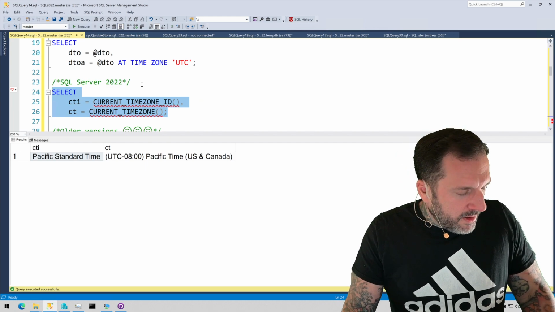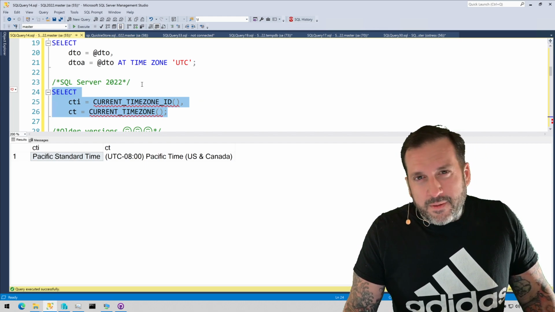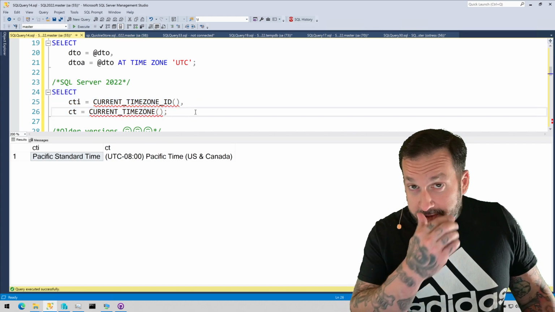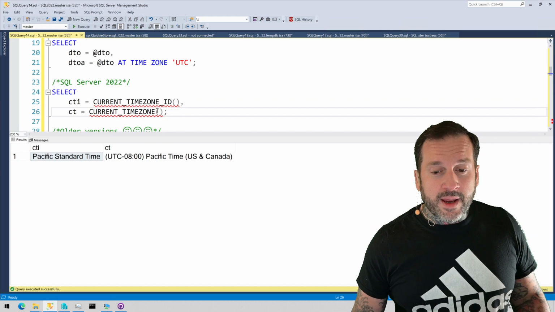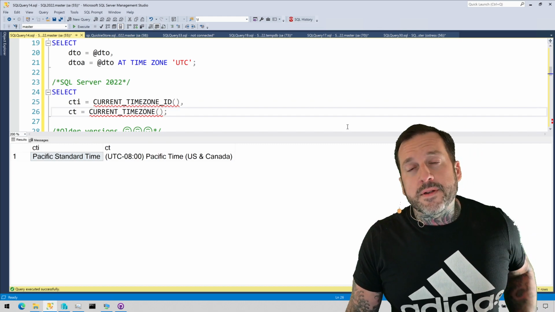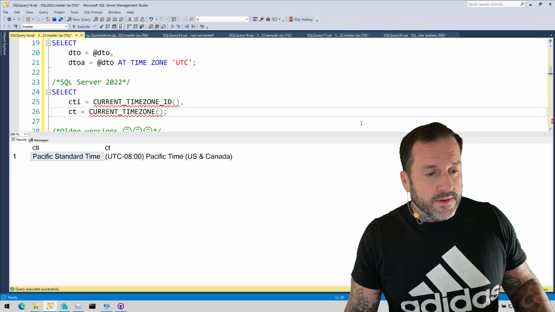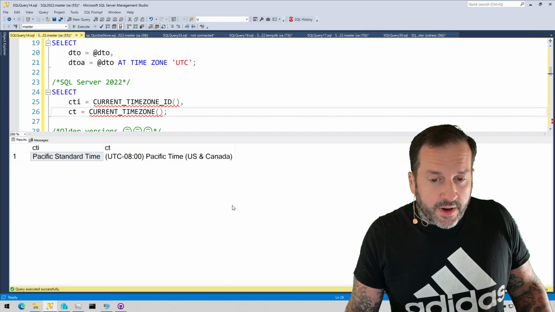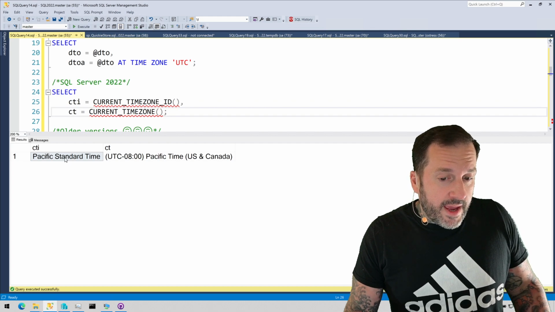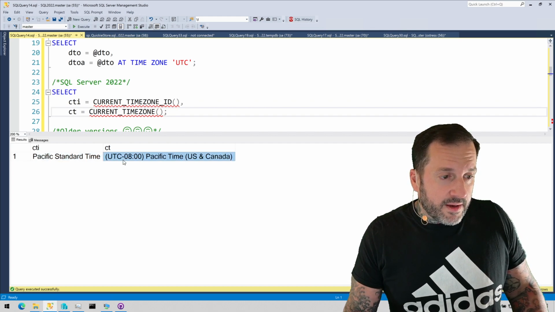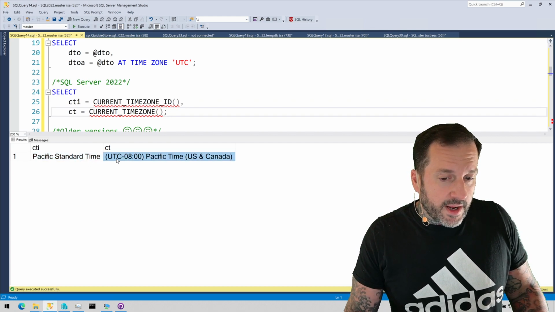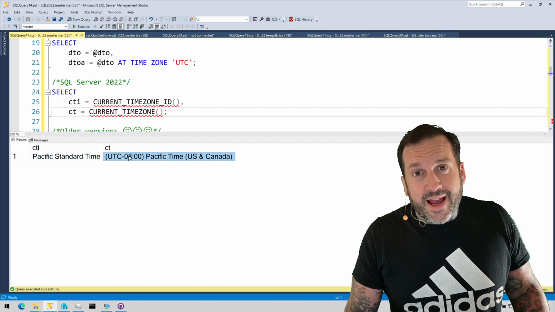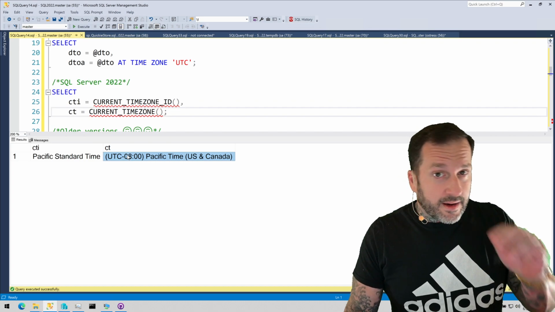But you know, I mean, even if you were on 2019, this wouldn't help. These functions are so new that the SSMS parser does not recognize them. We get these wonderful little red squiggly lines here where SSMS says, I don't know who you are. But if we had these available, then we could maybe do something to figure out which time zone people are in easily and use that to correct dates passed in without